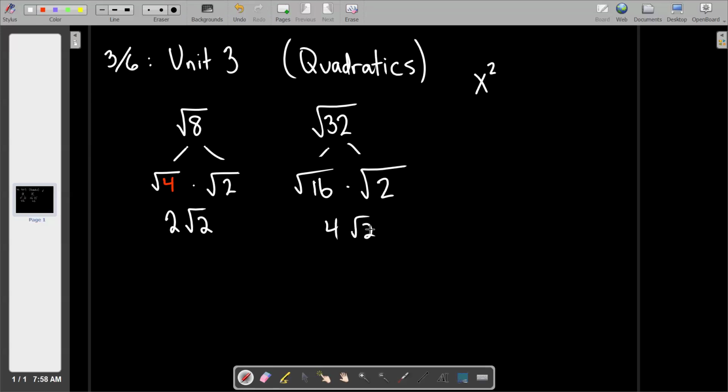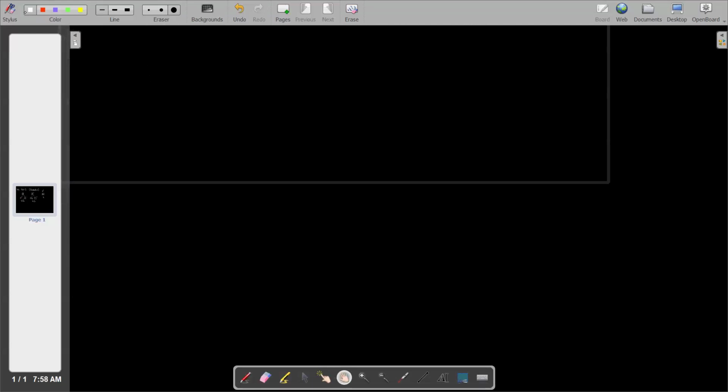Is this coming back to you? And then every once in a while, we see square roots where we don't try to make a tree, right? We just know what's the square root of 81. It's just 9, right? So you don't always have to make a tree, but you guys remember how to break down radicals like this? Okay, so another thing that we have to make sure that you're aware of,